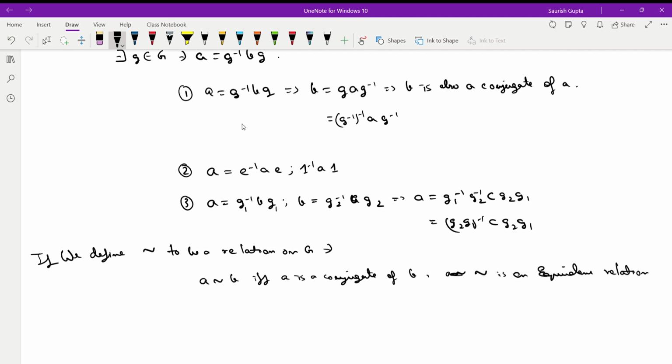Therefore, when we have already defined an equivalence relation, the immediate next result should be,